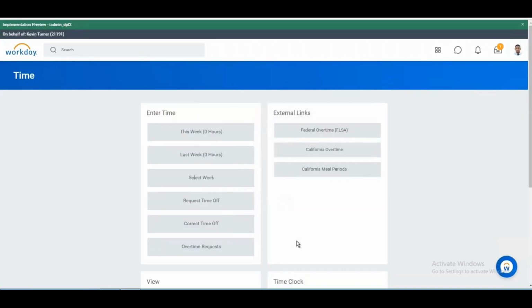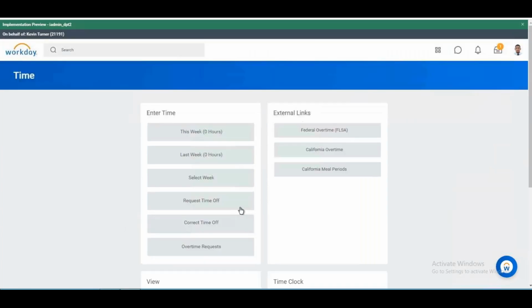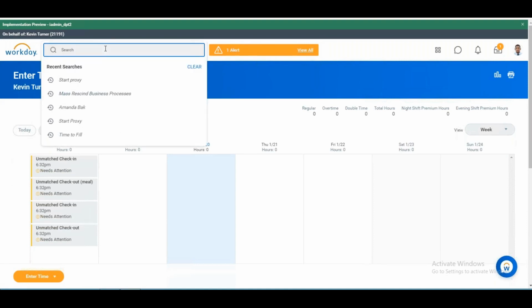But what if someone did check in, but he forgot to check out? What would happen? This is a scenario that can happen. You see this unmatched, checked in, checked out. This would be seen on the calendar. This would definitely be seen under the calendar, and what you need to do at that time,